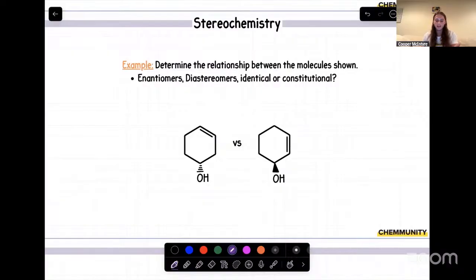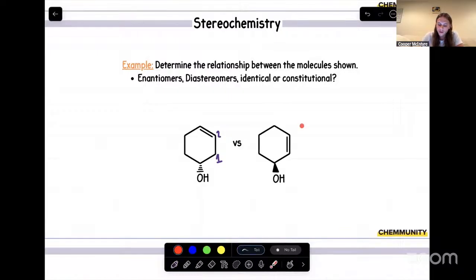So immediately, the first thing that catches my eye is going to be this alkene. Now, in terms of our alkene, what we can do to make sure that the atom connectivity may be a little different is we can start with our alcohol and see how close it is to the alkene. So for example, we'll start with this carbon right here, the one that is bonded to our alcohol, and we'll see how far away it is from the alkene. So our alcohol is 2 carbons away from our alkene.